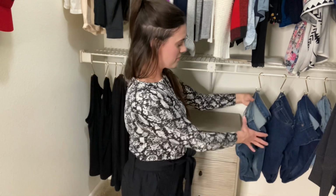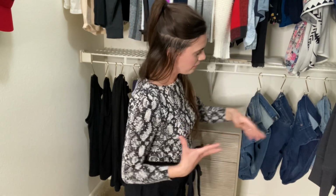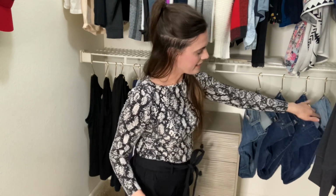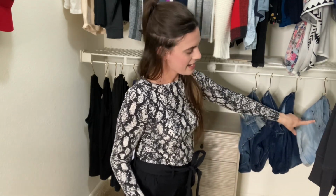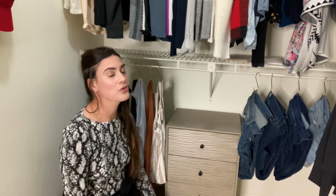And then also with my denim, since mine are lighter than my husband's, I was able to fold them up because they held up for me. But yeah, I just love how this turned out. I have my denim jeans here and then my shorts here. As you can see, I don't own a whole lot of clothes. I mean, moving and stuff, we would just purge and declutter, and as you can see, it looks really nice. And even though this doesn't look like I have a ton of stuff,